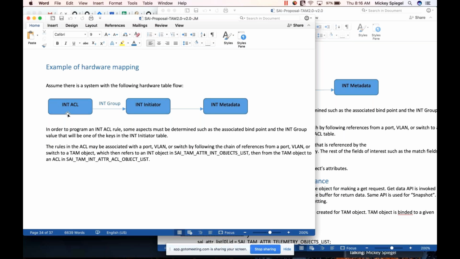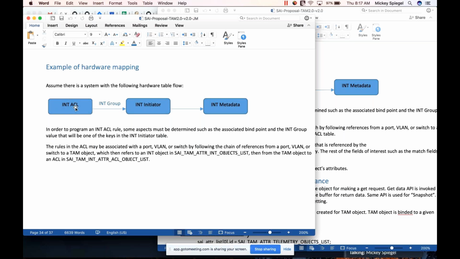Depending on the hardware, it can vary whether you do a bitmap, a label, or some other mechanism. You have a bunch of match fields within your ACL, things like your MAC address, IP address, protocol, L4 ports, and so on. And then the question is, now you match all these things, you have an action where you set some things internally within your switch. That can be abstracted in many different ways, but